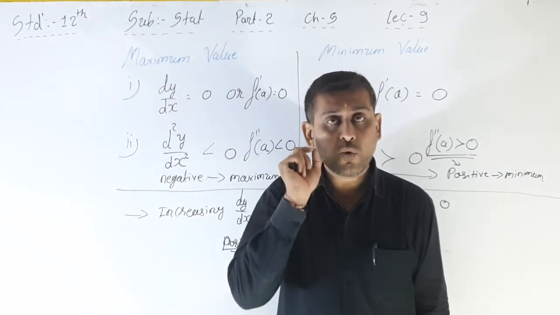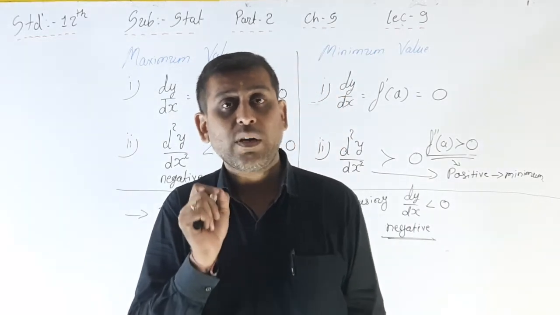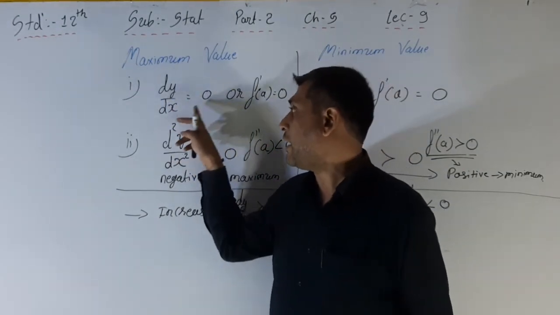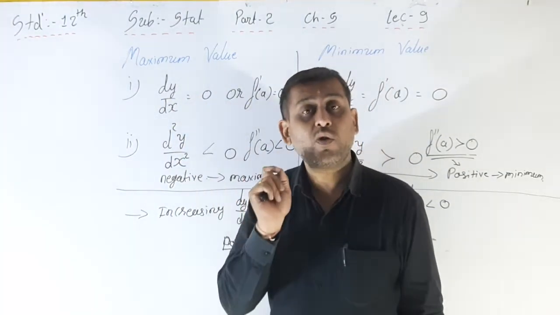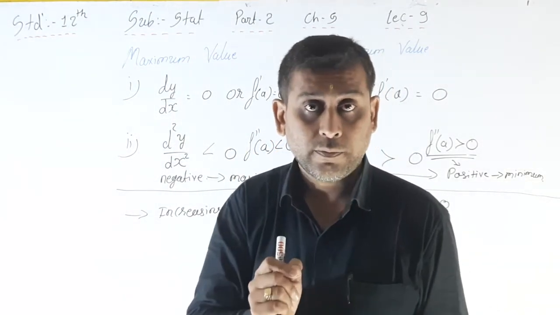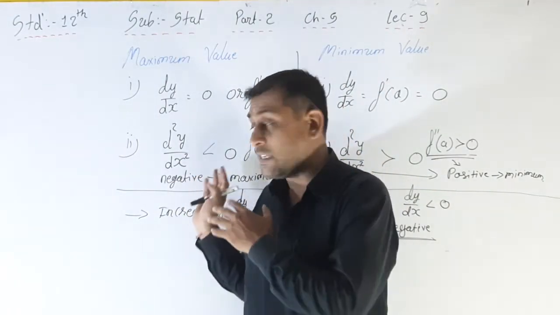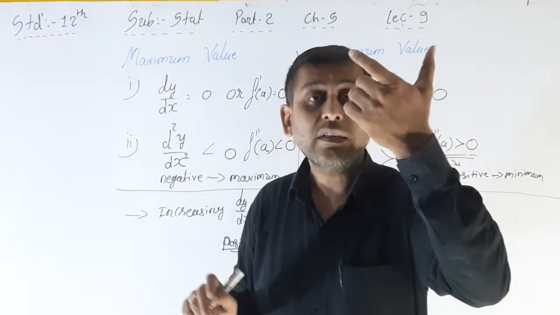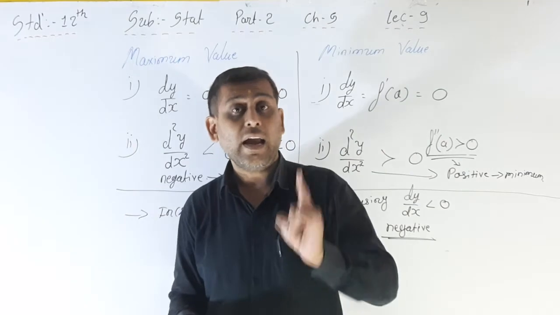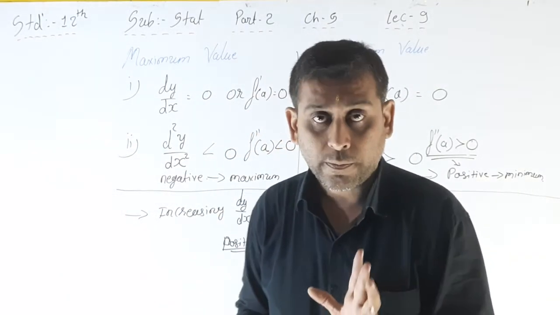You have to keep in mind what stationary points are. Stationary points means what? Whenever you put dy by dx is equal to 0 and find out the value of x, that is your stationary point. I am writing here. After that, please write down this. After that, I am writing here the steps to find out the maximum and minimum values of the function, and at that time the main point is the stationary point, right?